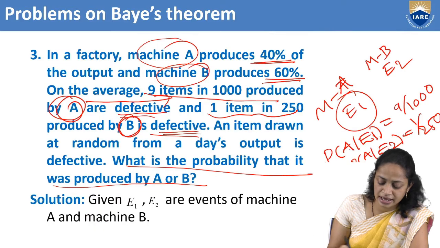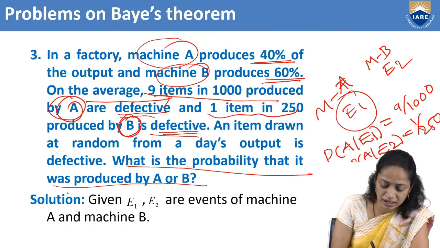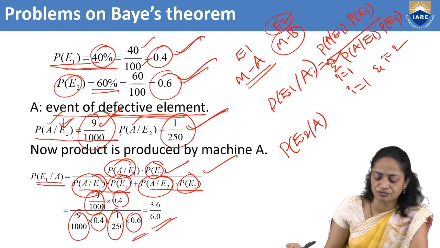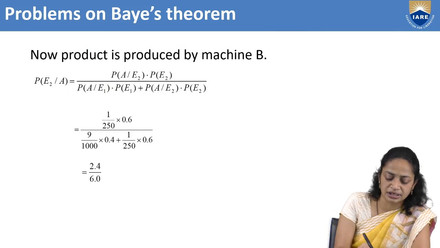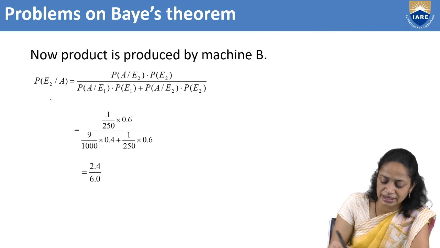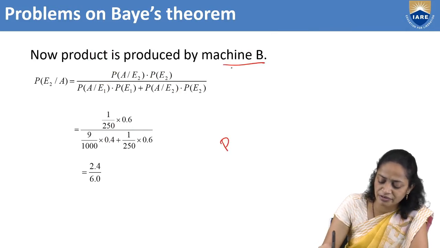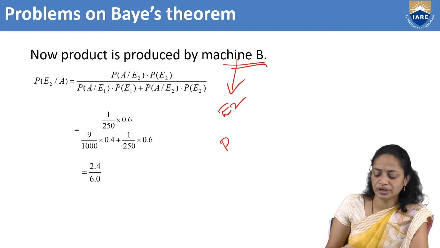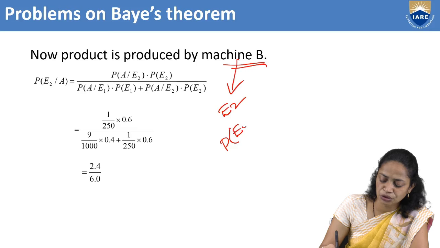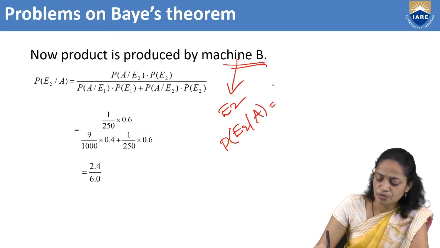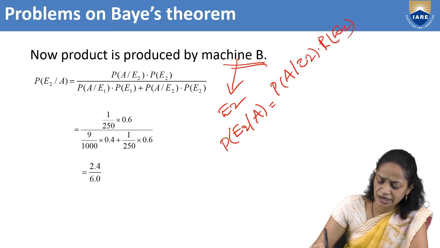So here they have given that, what is the probability that it was produced by A or B. We need to find both A and B. So for that, by the statement of Bayes' theorem, we need to find the probability for machine B. Machine B is nothing but E2. Okay, so probability of E2 given A equals probability of A given E2 into P of E2 divided by